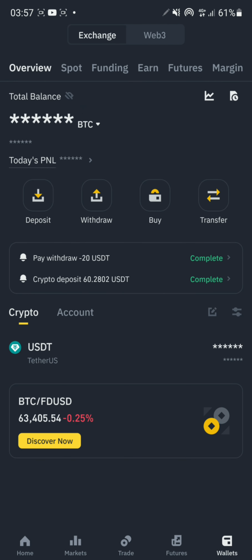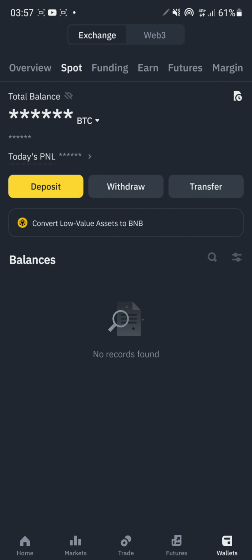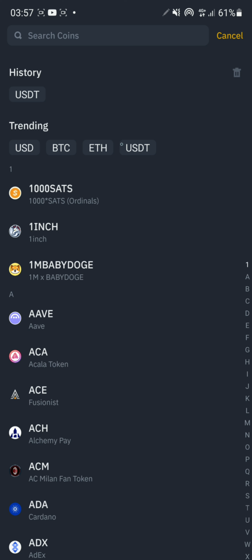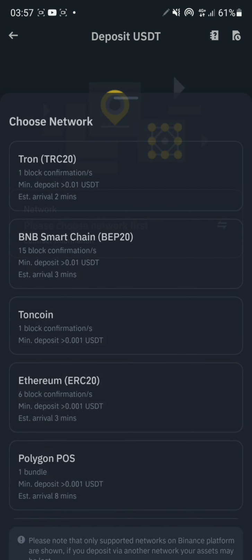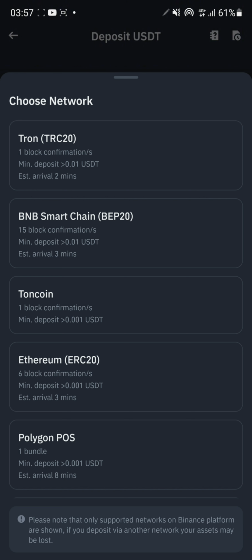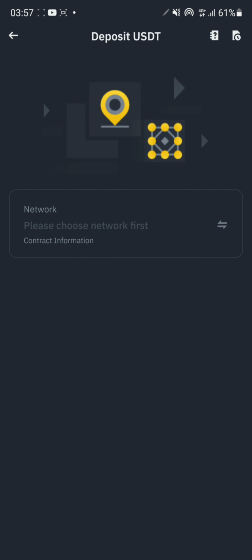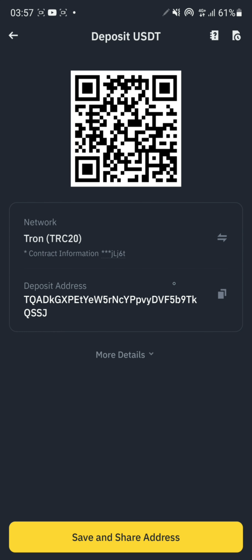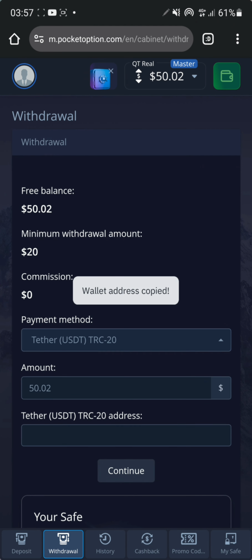So we'll go to wallets, then I go to spot, then I'll click on deposit here since we are withdrawing from Pocket Option. So click deposit, then I'll choose USDT. Then remember, we use the TRC20 protocol on Pocket Option, so we'll choose TRC20 as the network. So here now I can copy the deposit address. I'll copy it here. Then we go to